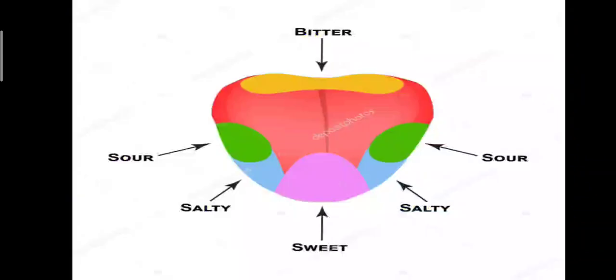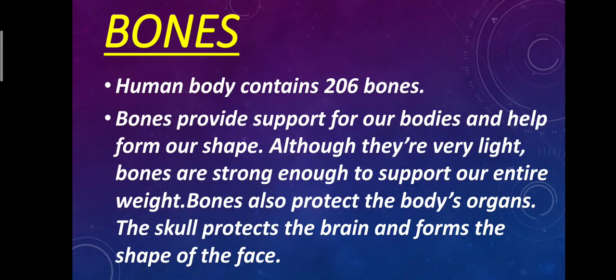Now let me show you a simple diagram of the tongue. As you can see, the tongue can differentiate between different kinds of taste. It's bitter, sour, salty, sweet. Now, these are overall 5 different body organs in detail. After this,